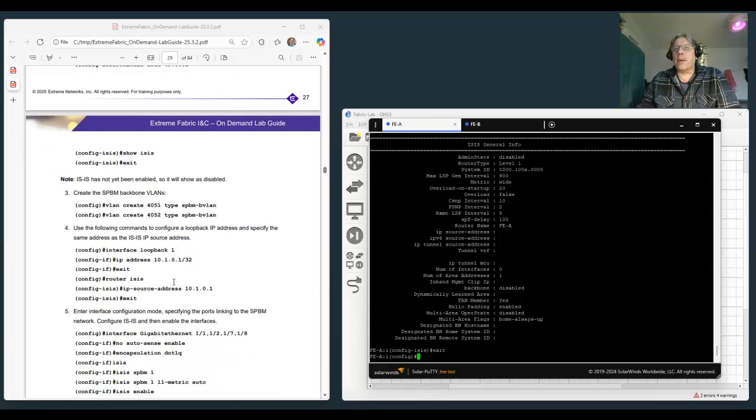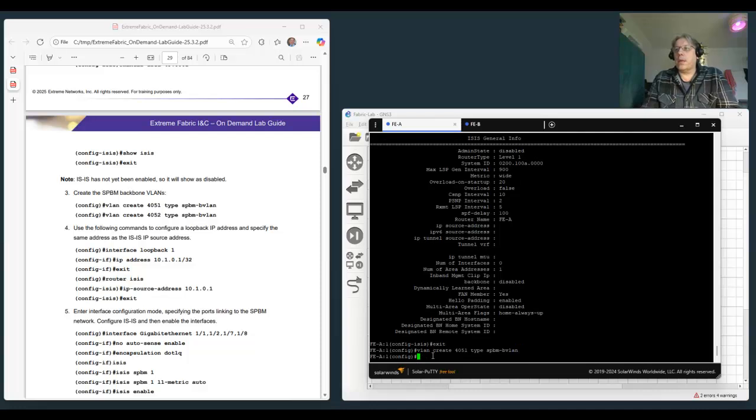We need to create the backbone VLANs. So we do VLAN create 4051, type would be SPBM B VLAN, and we do the same for the second backbone VLAN, 4052, type SPBM B VLAN type,